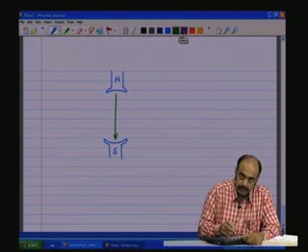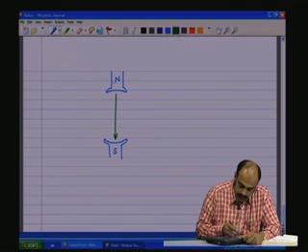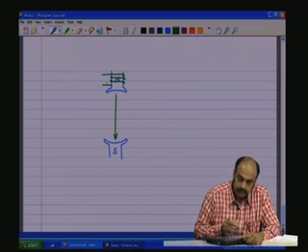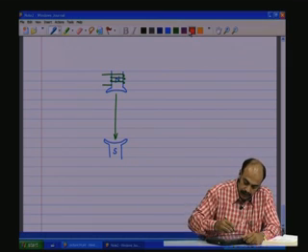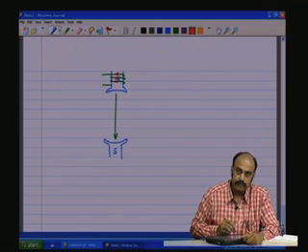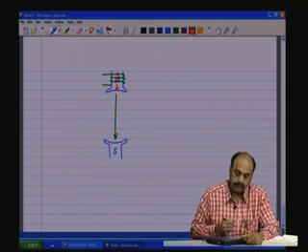So, this means that we have some windings on this and let the current flow in this direction, which will give a field in this direction,